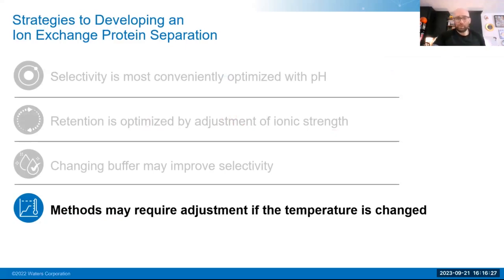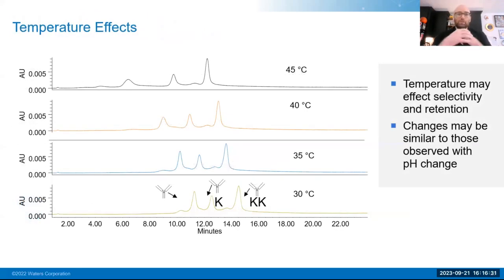And then one of the last pieces we'll touch on is temperature, of course. So looking at temperature, historically, the idea that a lot of individuals may have is moving towards much higher temperature to allow for faster methods. Unfortunately, what you may start to see when we look at 45 degrees Celsius at the very top is that though you may start to pull apart peaks more, you may actually begin to see broadening of these peaks as well.